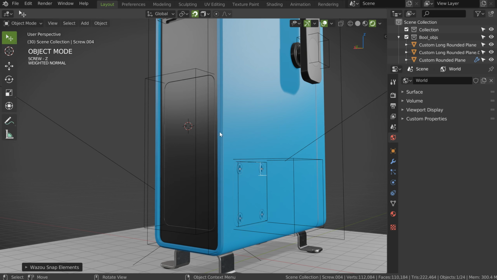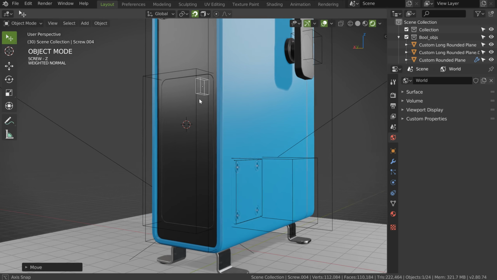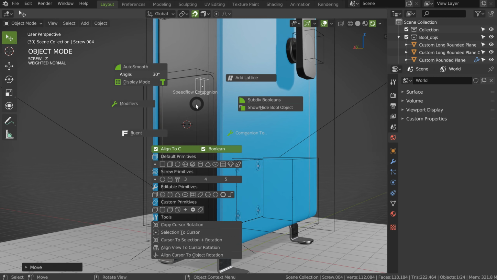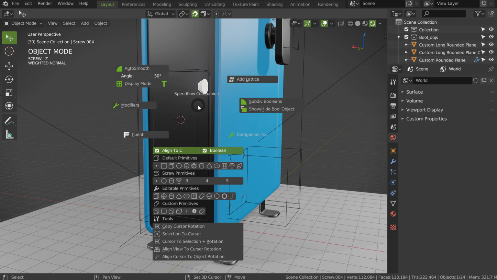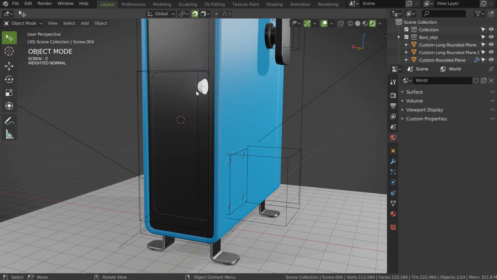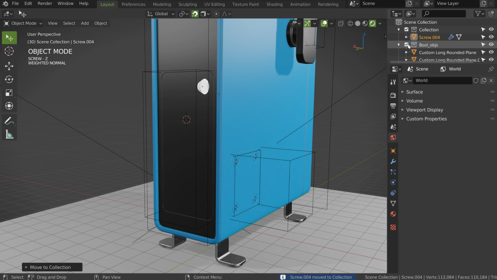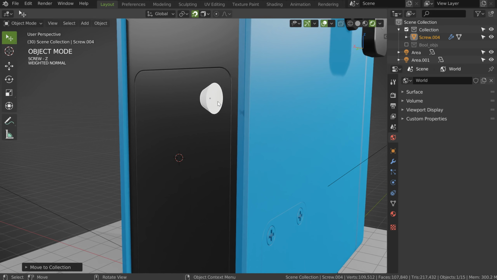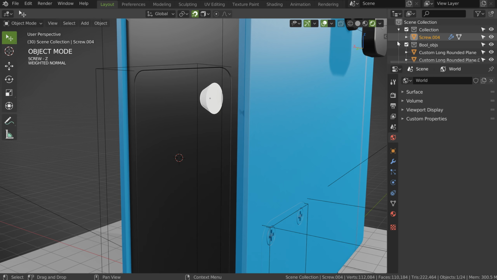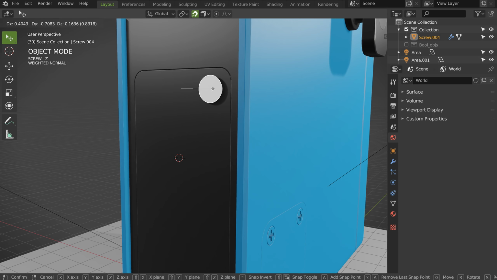I will activate the snap, align rotation, and I will move this here. Oopla, I knew I should not have this result. This one, I will press Shift. I will remove it from the collection, like that. So if I hide the bool object, yes, I should not have it. So I will press G. Oula, no, not H. Boom. Come back, and G, and I will have this result.